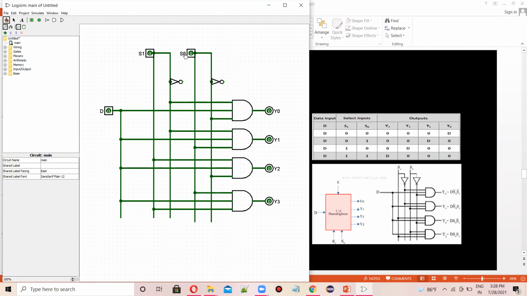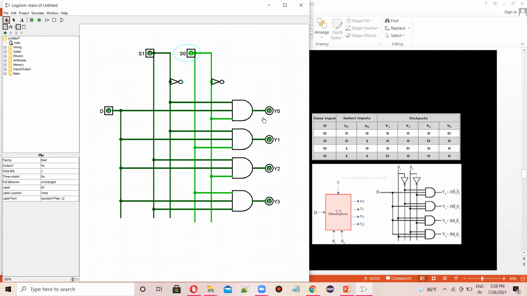Let's make S0 as 1. When I change this to 1, you can see all others are 0 and Y1 is D. Okay, now it's done.